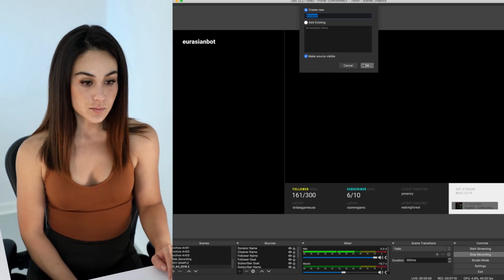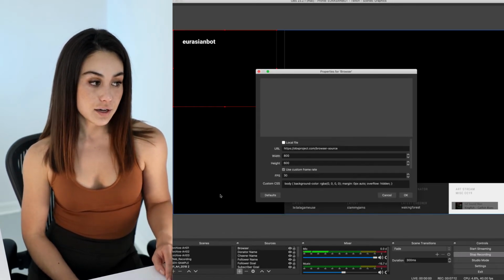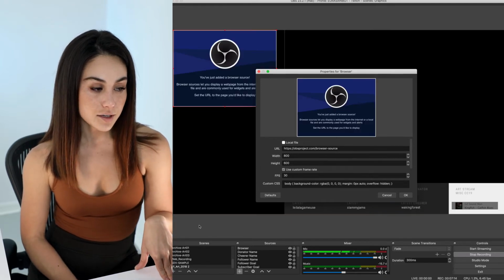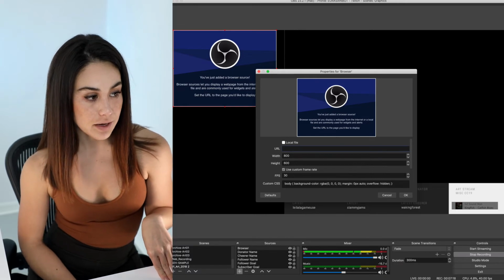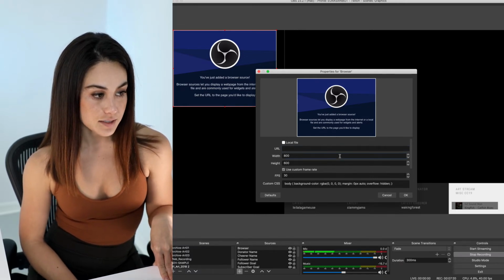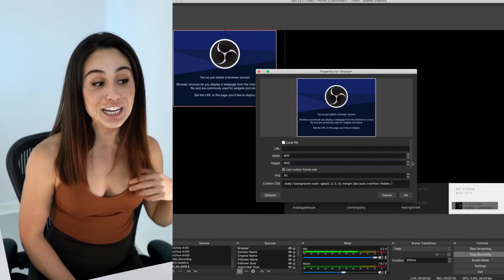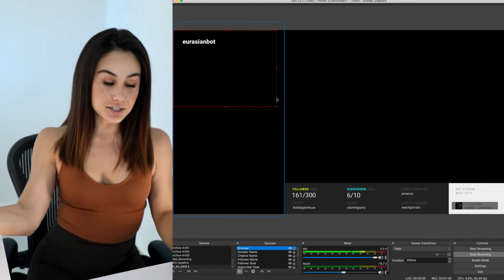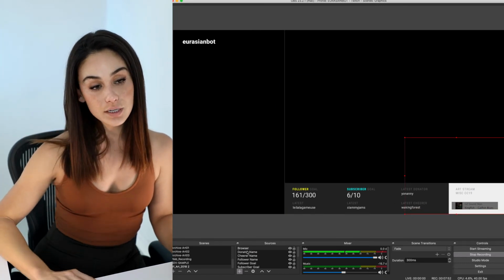This is where you're going to paste your secret code, your widget URL. Again, make sure that's the same width, and your frame rate is 30. It's going to toss it up there in the top left, and you're going to have to test it